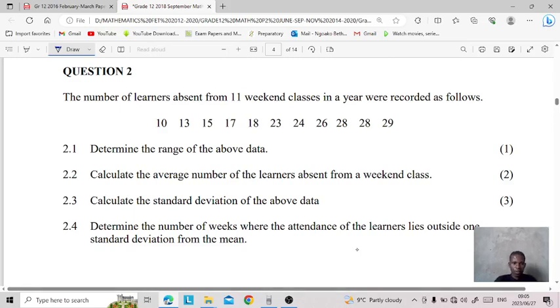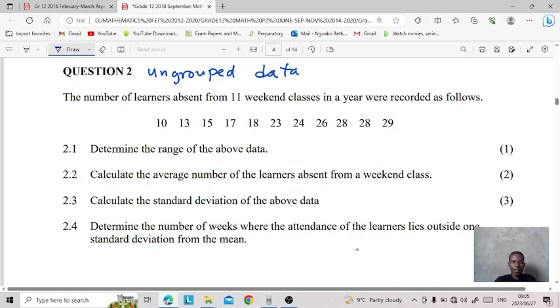Right, Mela, let's work with the exam questions and try to cover up the ungrouped statistics. So this question here, because of the way the data is given, it will be ungrouped data here. The example says the number of learners absent from 11 weekend classes in a year were